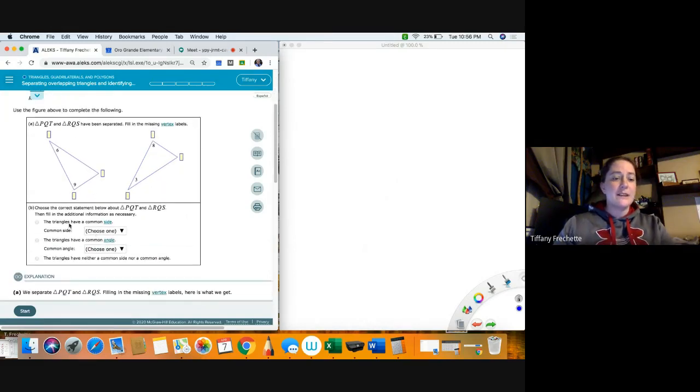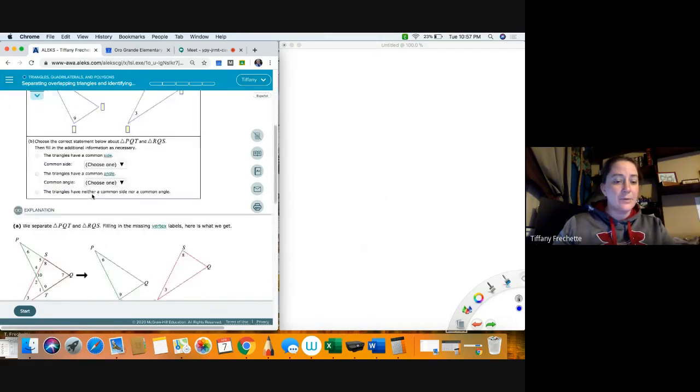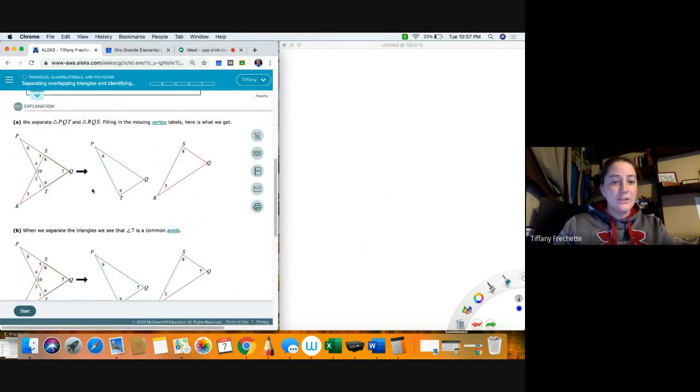So the second part of this says, choose the correct statement below about triangle PQT and triangle RQS. So the triangles have a common side. If that's true, you would click this button, and then you would choose which side is common. So the way you would know if it has a common side is when we fill it in. So like this, PQT or RQS, they'd have to have 2 points that are the same in order to have a common side, meaning that